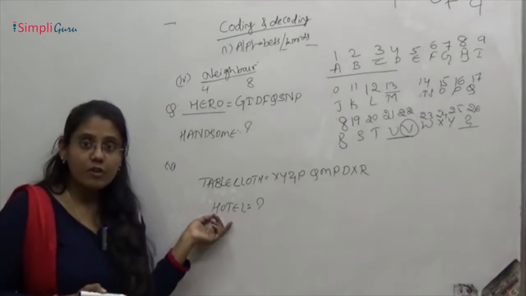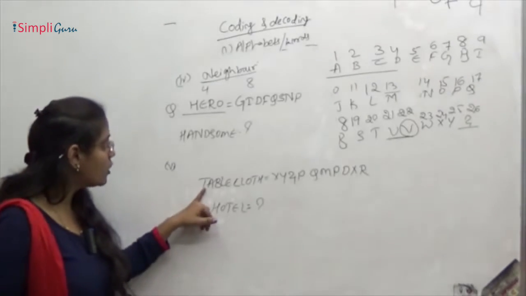Tablecloth is there and they are asking for the hotel. Now immediately check, T is 20, X is